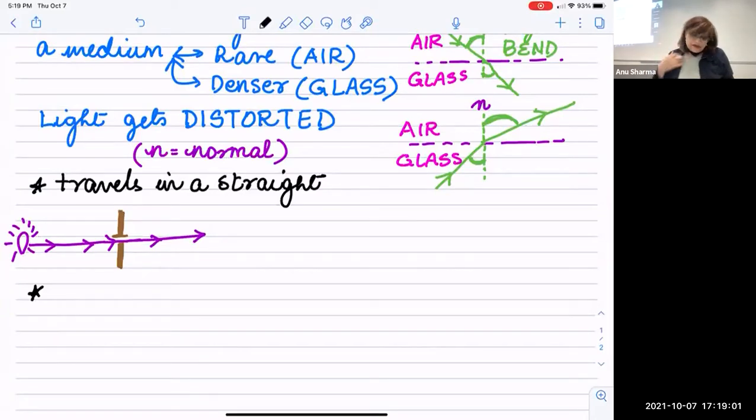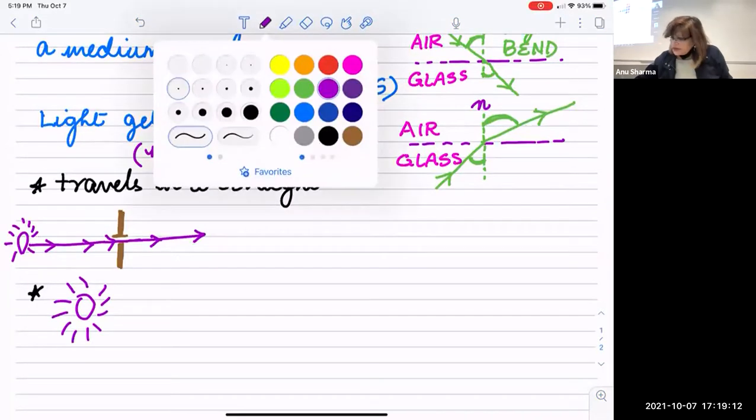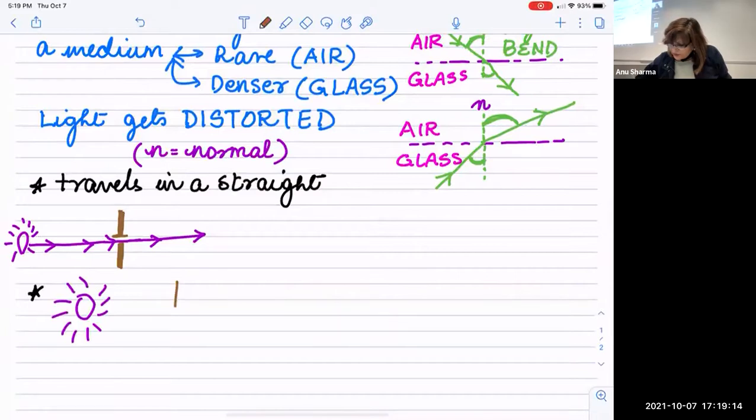Okay, next thing, if you take a bulb or even the sunlight, let's say this is a sun, or even with a bulb, it will work. So this light is made to pass through. Now because there's too much light, sometimes you just want to work with a little bit of the light. So there's a small bit of light coming here,